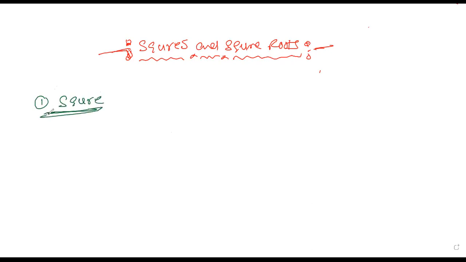What is understood by square? The square is nothing but multiplying the number with the same number. Example, we have one box. We have a similar box, another one like this. So this is X, another one is X. So how many boxes? Two boxes will come. The same kind of boxes means automatically X into X, X square will come.